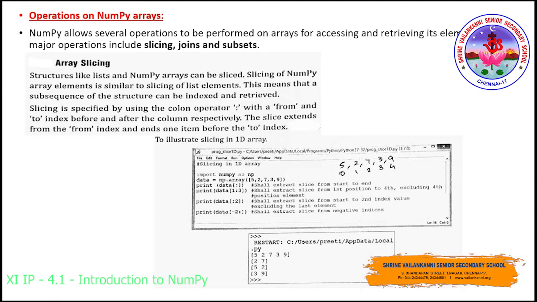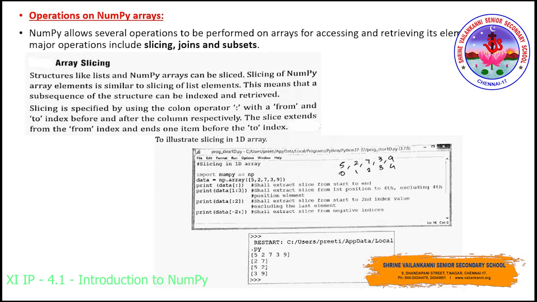And now we have discussed the methods regarding NumPy arrays. Now let us discuss the operations regarding NumPy arrays. So there is a difference between a method and operation. When it comes to a method, you will make use of certain built-in functions like empty function, ones function, reshape, arange function, all these things. But when it comes to operations, you will make use of symbols to work with NumPy arrays. So even in list operations, we have come across many operations on lists like slicing, joining, concatenating, all these things we have discussed, right? So much similar to that, we are going to work with some of the operations on NumPy arrays. So very few operations like slicing, joins, and subsets that we are going to discuss.